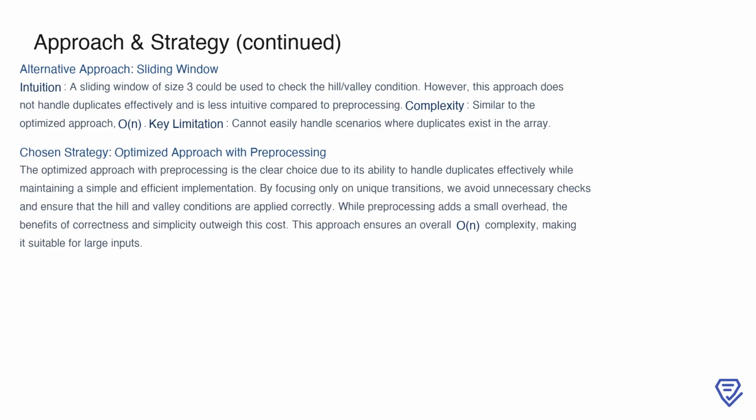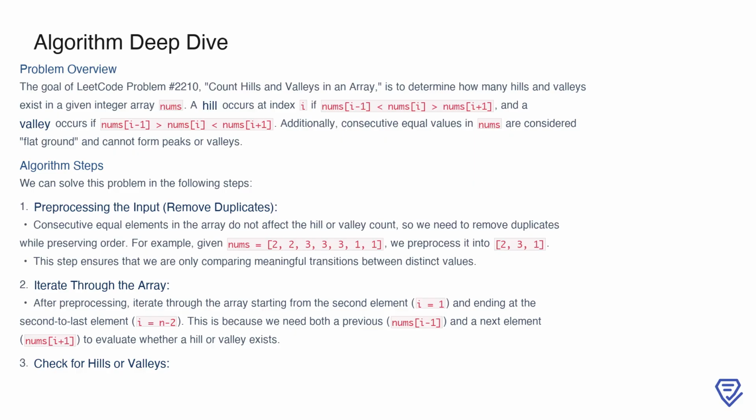larger arrays. In this problem, we are tasked with counting the number of hills and valleys in an integer array called nums. A hill is a peak in the array where the value at index i is greater than both its neighbors, and a valley is a dip where the value at index i is less than both its neighbors. For example, in the array 2, 3, 1, the value 3 forms a hill and the value 1 forms a valley. However, consecutive duplicate values, such as 2, 2, 3, 3, 1, 1, are considered flat ground and don't contribute